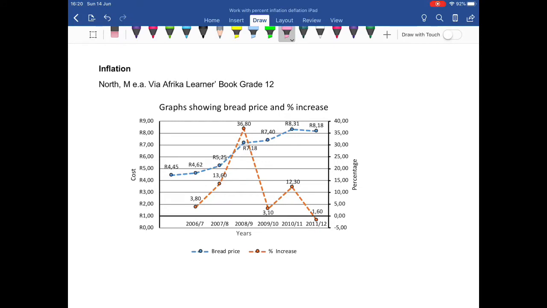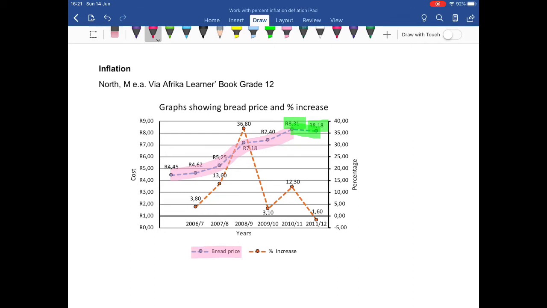Right, we need to have a look at the graph, and the blue line indicates the bread price, and you will see the bread price continues to rise up until 2010, 2011. And then from 2011 to 2012, you will see the price decreases from 8.31 to 8.18. Now we need to look at this in terms of the graph showing rate of change. If we have a look,